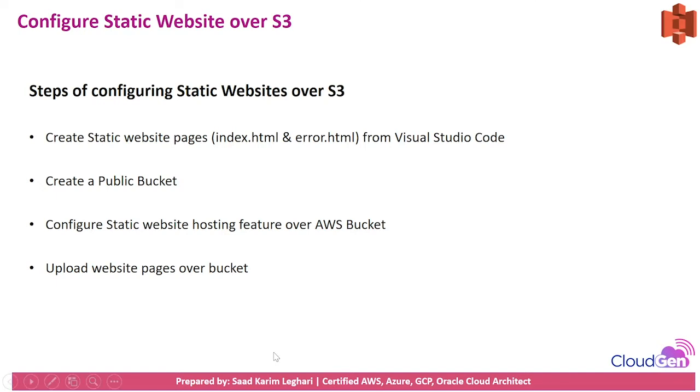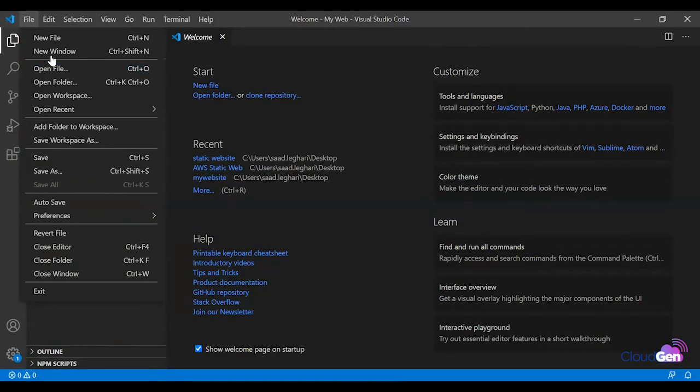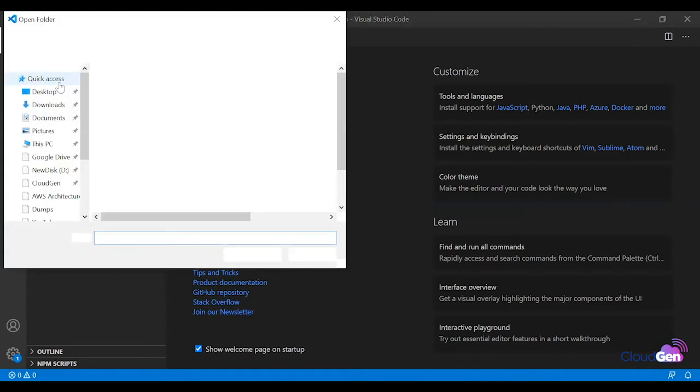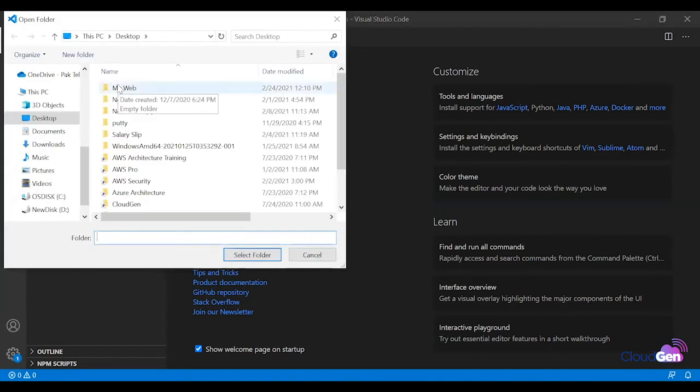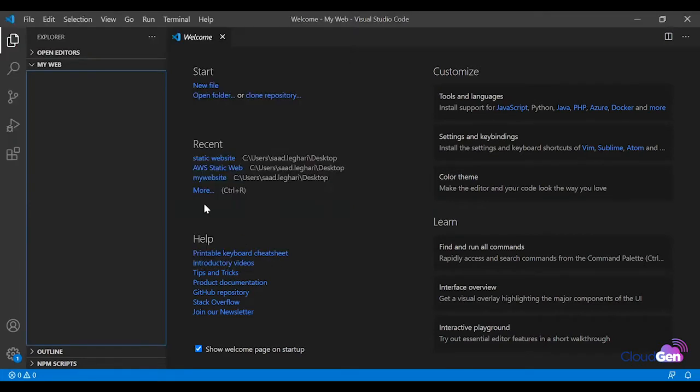Now I will take you to Visual Studio Code, where we are going to develop our two web pages. Here you go, and open the folder. I have already created a folder with the name my web. You just select it, and when you see my web, you see a new file option.